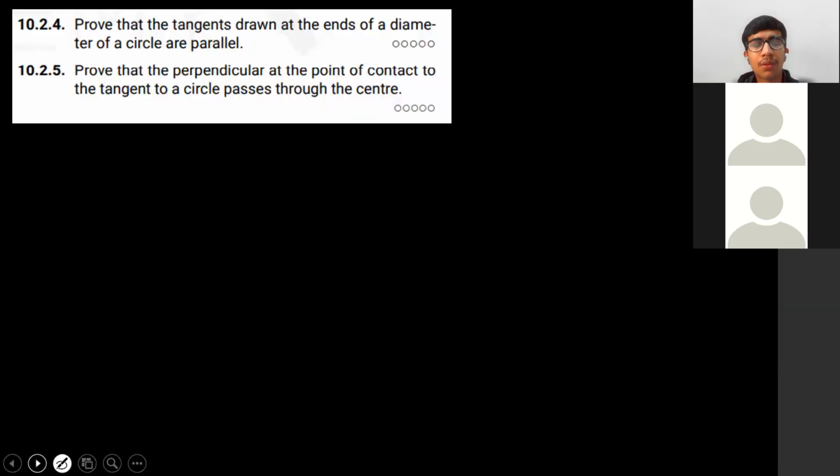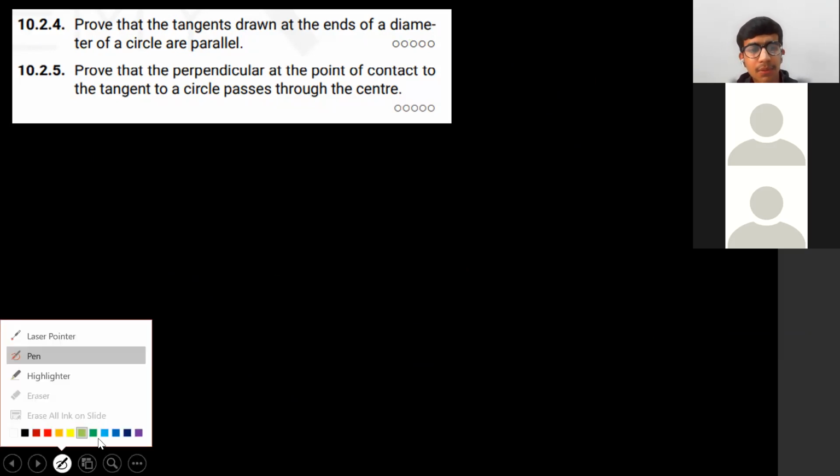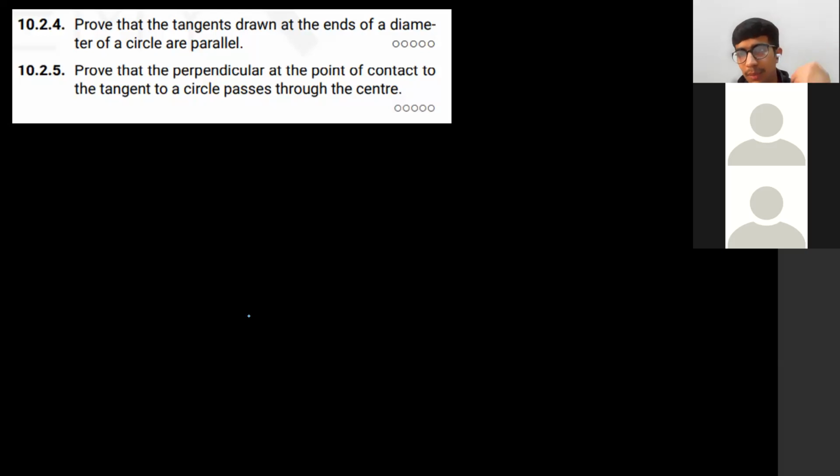Okay, let's move on. So now we have to prove that the tangents drawn at the ends of a diameter of a circle are parallel. I will solve the proof questions once myself and explain, and you tell me if you have any doubt, okay? So for 10.2.4,